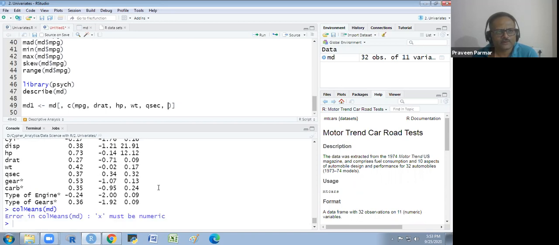Okay. And I am creating the MD1 data frame.